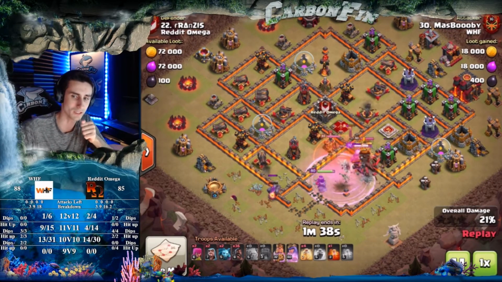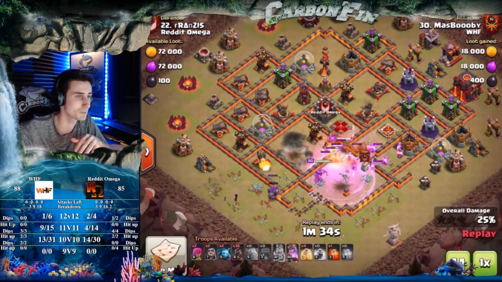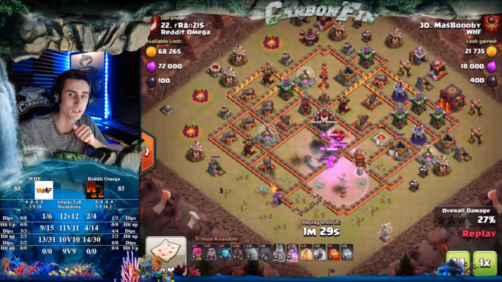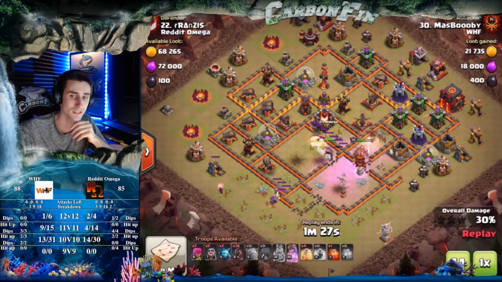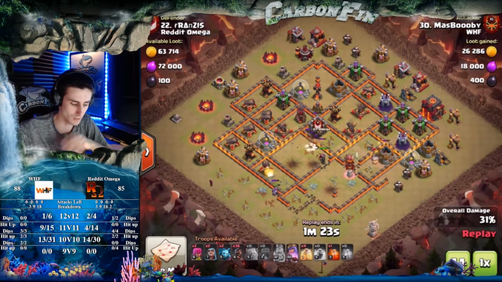The objective in these types of raids is you want to kill the queen and you want to take out the CC and as many splash damage buildings as possible. So he ended up taking out the bomb tower. He had Valkyries in the CC, and as you can see here, this creates a nice kind of wedge out